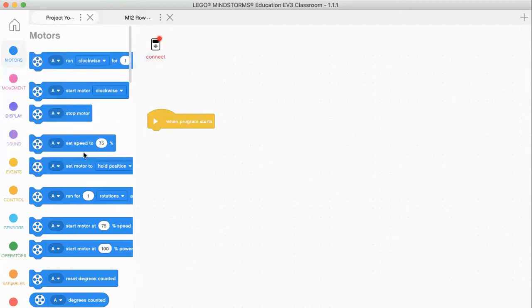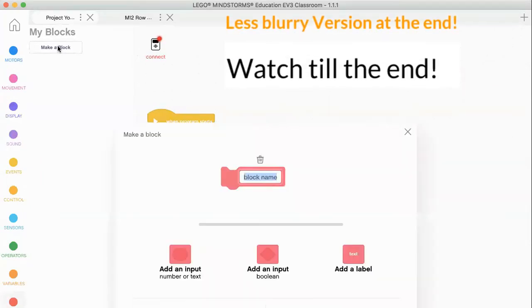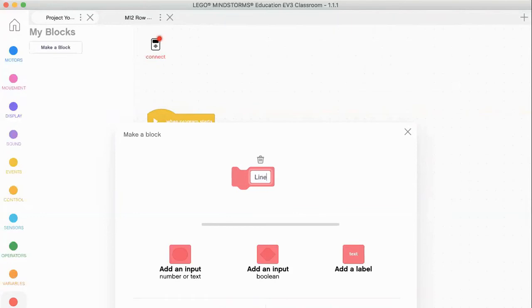So first, to make the Myblock, you can see at the bottom of the controls there is the Myblocks. So click on the Myblock section and click Make Block. First, you want to name your Myblock. Let's say LineStop, because this video is teaching you how to create a Myblock that makes the robot stop at the line. And then we do speed to represent